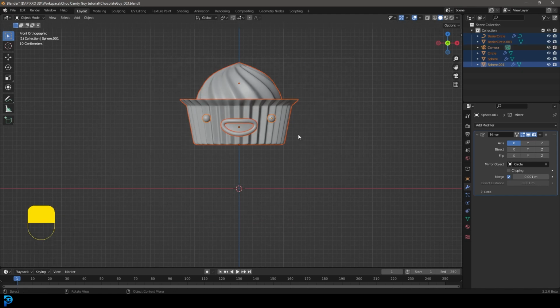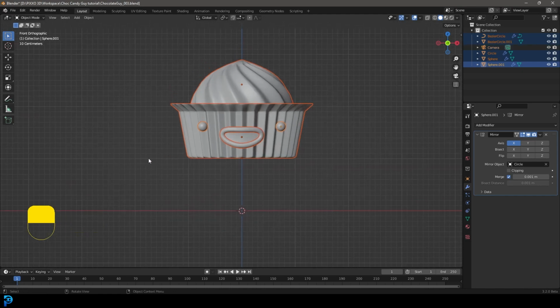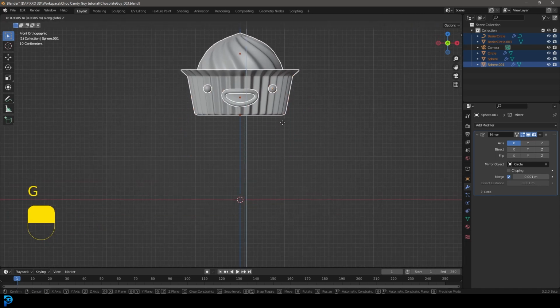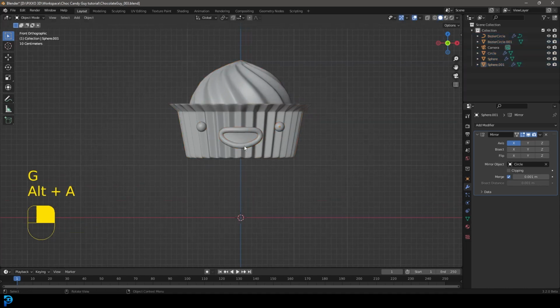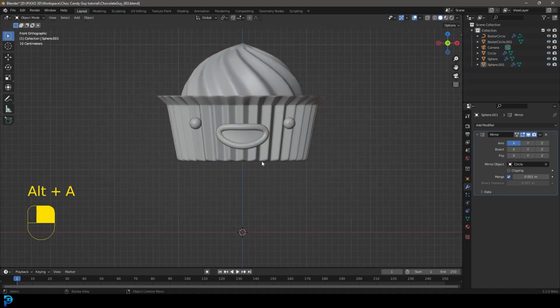So you can look at the grid here in the 3D space and get an idea of what sort of scale we're dealing with here. You don't want to go too high above this floor over here. Maybe something like that. So once you have it placed, what we can do is we can go Shift A,